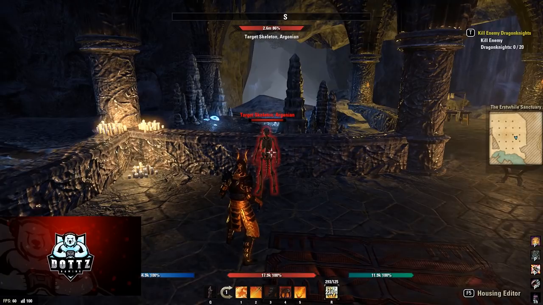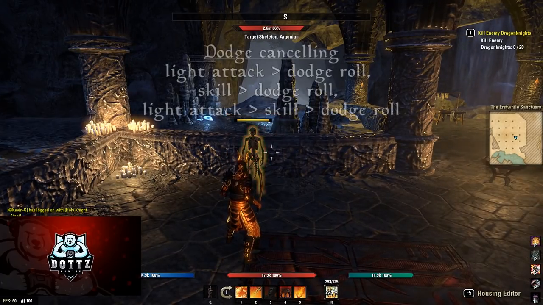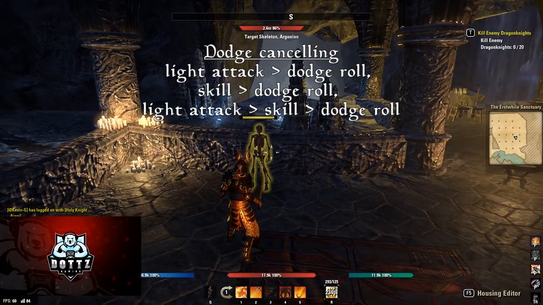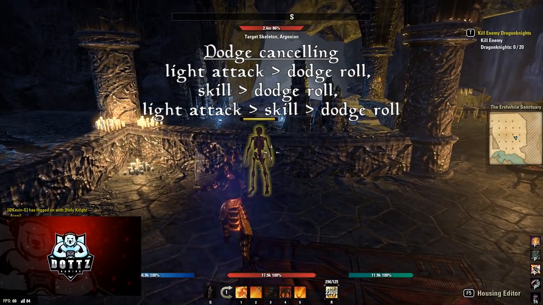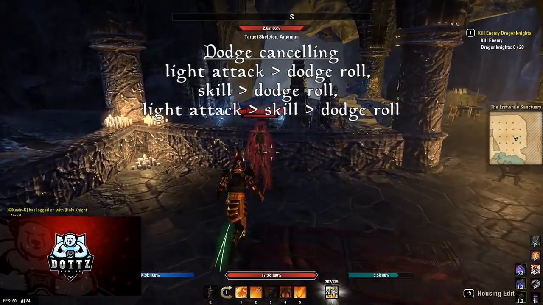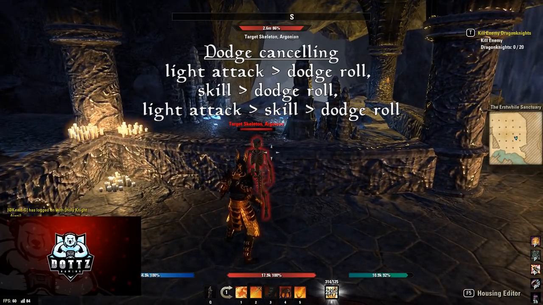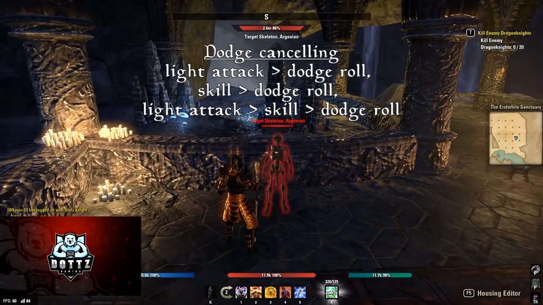The second type of animation canceling we have is dodge canceling. Dodge roll can animation cancel light attacks or skills. For example, you could do light attack, dodge roll. As you can see, the light attack went off and I dodge rolled. You could also do, just based on my keys, this is going to be a little bit harder, you can do